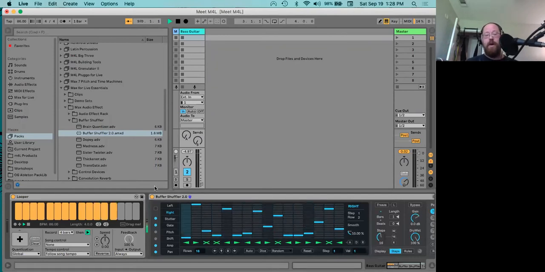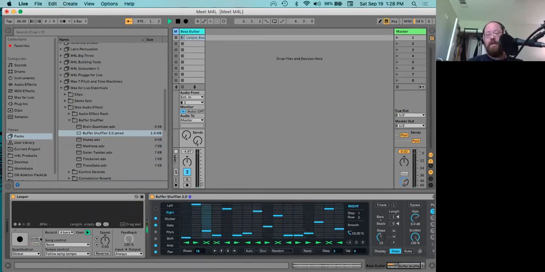For those that don't know, in Looper, scrolling right there, you see that little drag me icon. If you click, hold down on that and drag it, you can bring that as a clip into your audio track. And that way your clip is totally captured. You can clear out your looper,